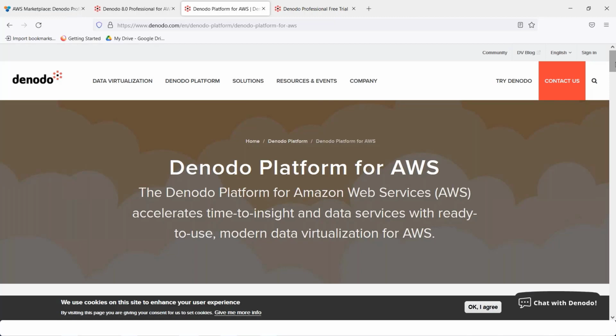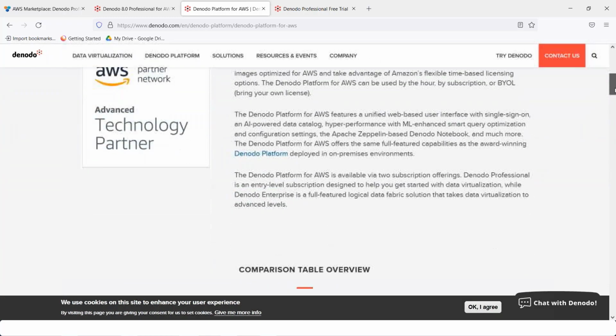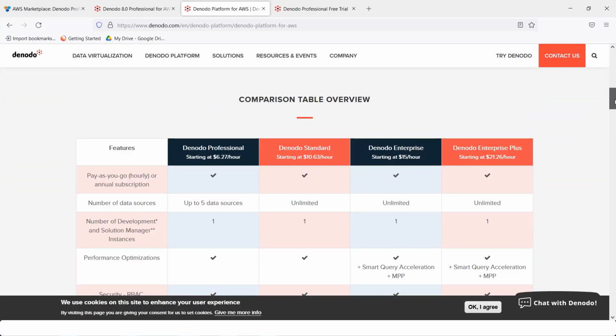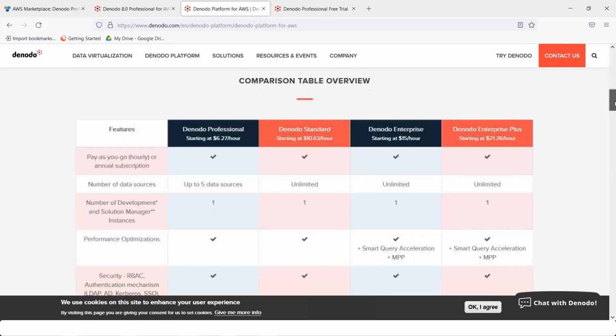The Denodo platform allows you to accelerate the time to insight across your disparate data sources with ready-to-use modern data virtualization for AWS. It comes in 4 different subscription options.